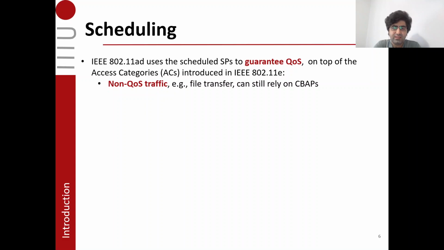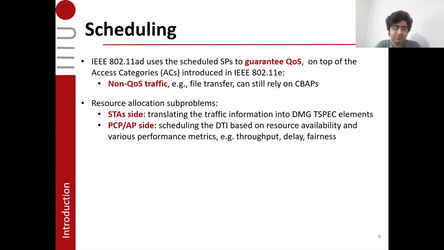To guarantee the quality of service for sensitive applications, 11ad uses the scheduled service periods on top of the access categories that were introduced in former versions of Wi-Fi like 11e. On the other side, non-quality of service traffic can easily be transmitted over the contention-based access periods. From one perspective, we can